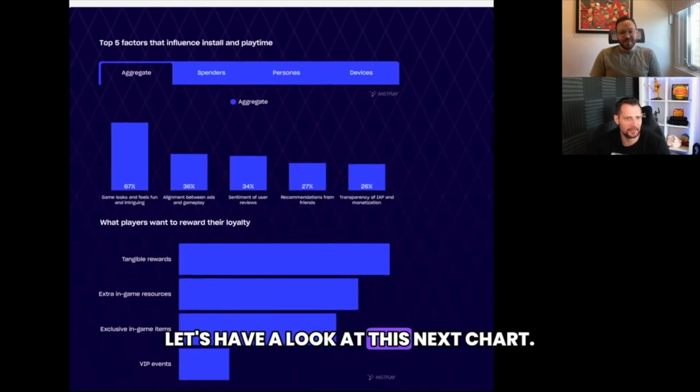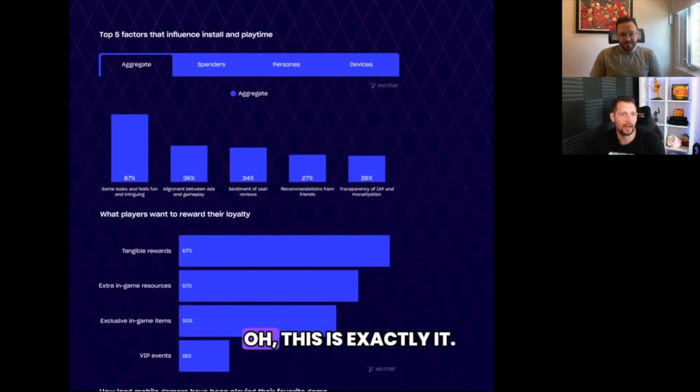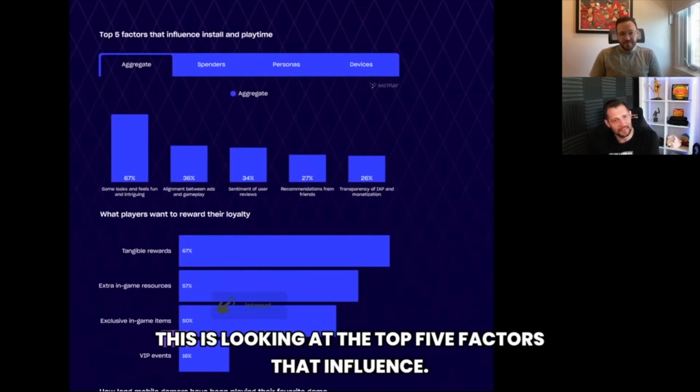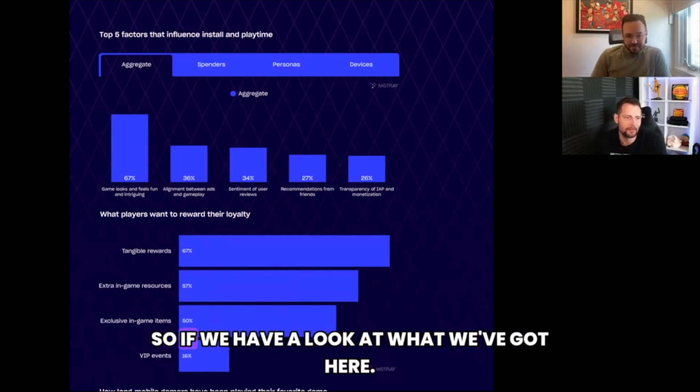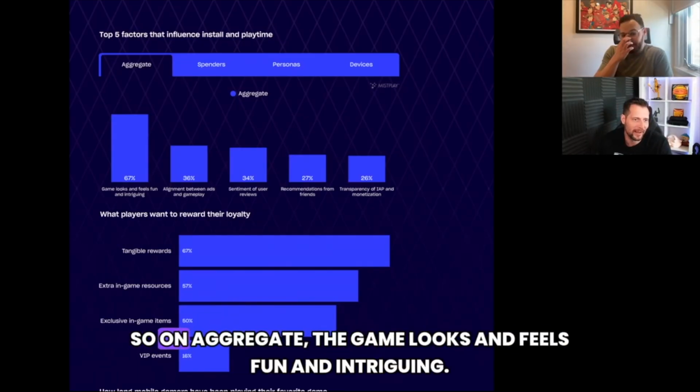Let's have a look at this next chart. What have we got here? This is exactly it. This is looking at the top 5 factors that influence install and playtime. So if we have a look at what we've got here, on aggregate,